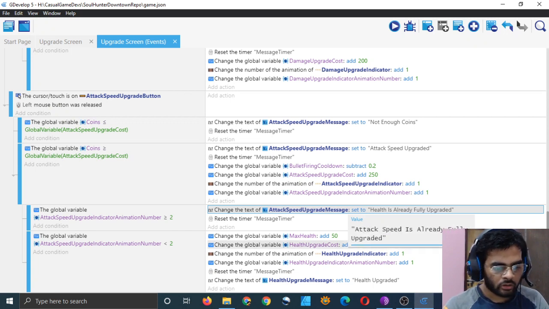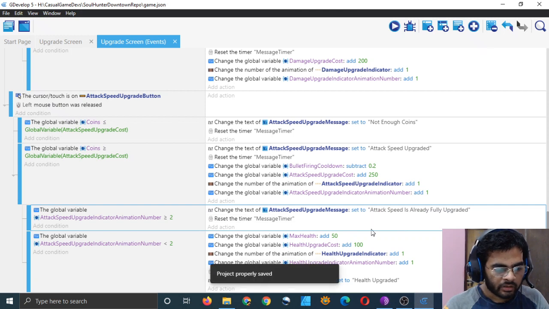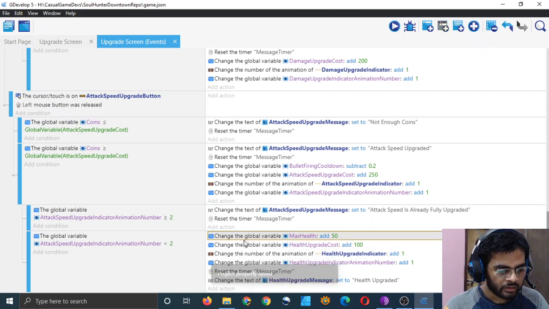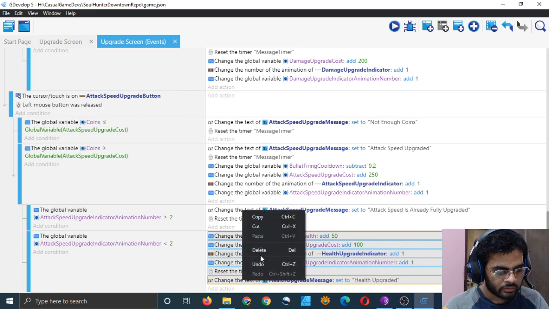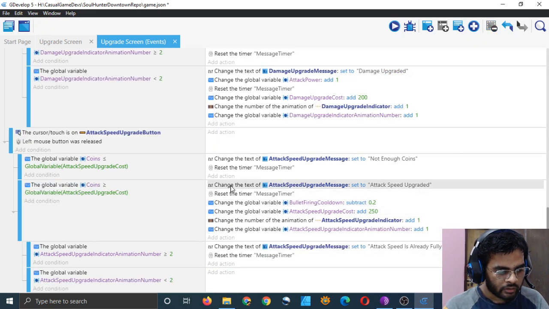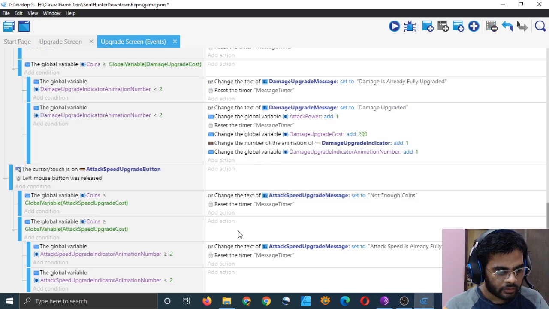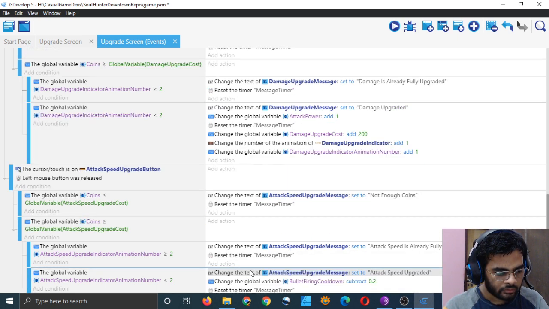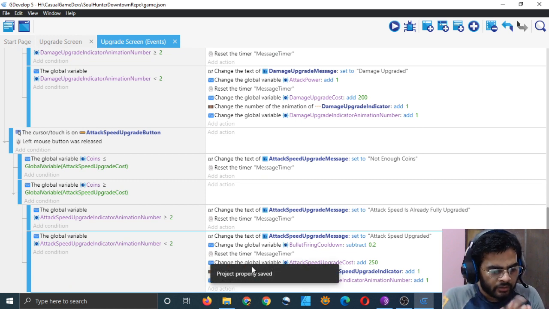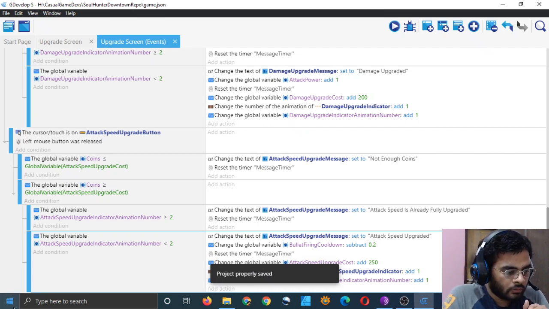Message timer, and delete these. Cut these and paste them here. Attack speed upgrade message. Okay, attack speed upgrade indicator. Add one. That's cool. Okay, nice.